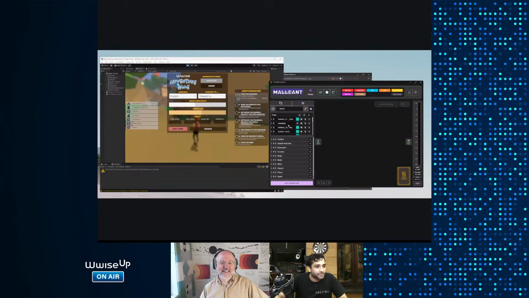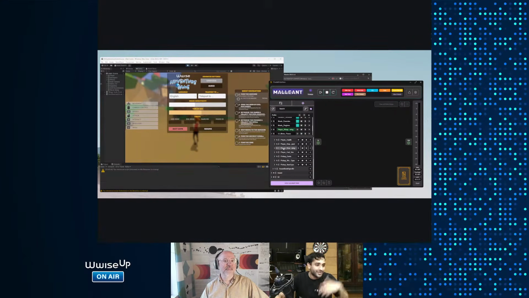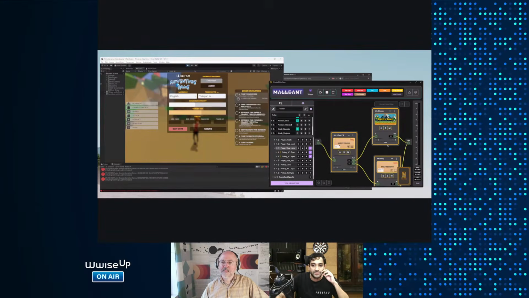We have this little profiler section in Malian. It shows you which events were done. So we can see the player weapon swing. If I double click on it, it will take me to it. So I know that this was the event played at that point that I really want to treat. Within the events menu, I can see that it has two different containers. I'm just going to send this to Malian.